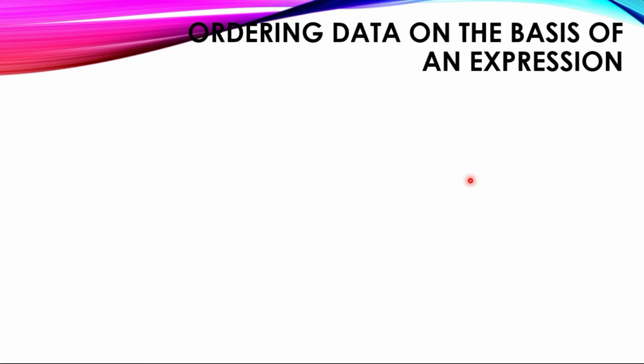Next is ordering data on the basis of an expression. Now an expression means what? Sometimes you need to display the result of a calculation or a mathematical expression in the result set, that is, in your output. You may need to arrange your output in the order of the calculated expression. The order by clause allows you to include the mathematical expression. So order by clause helps you to give some expression, or you can say some mathematical term, that you can apply